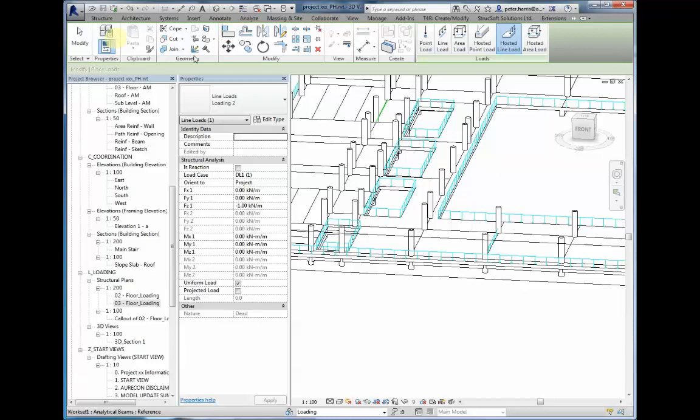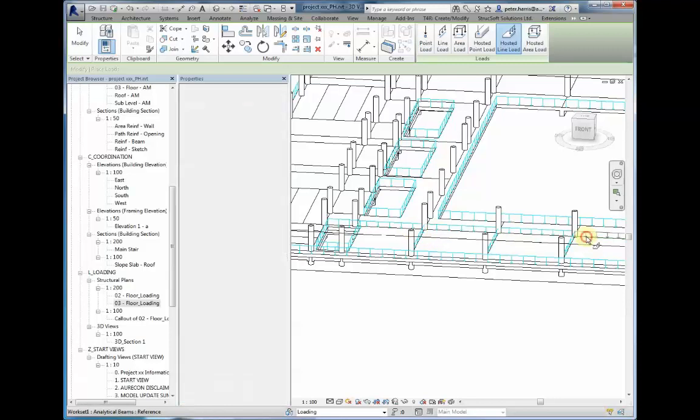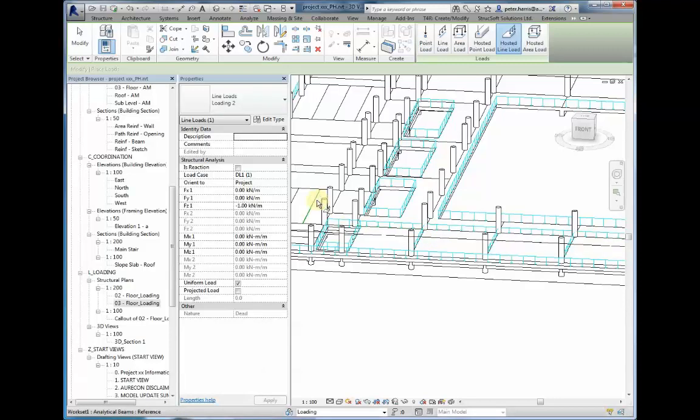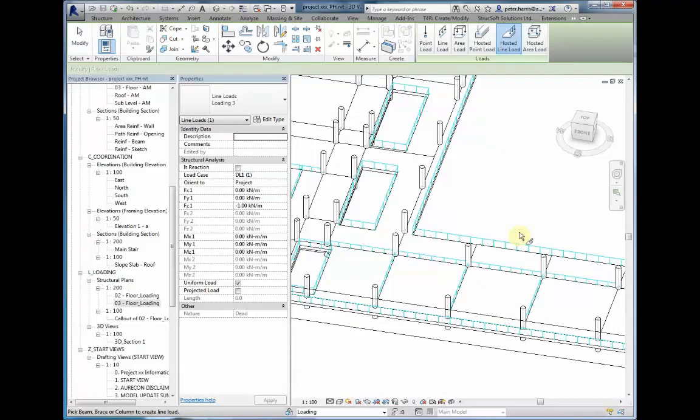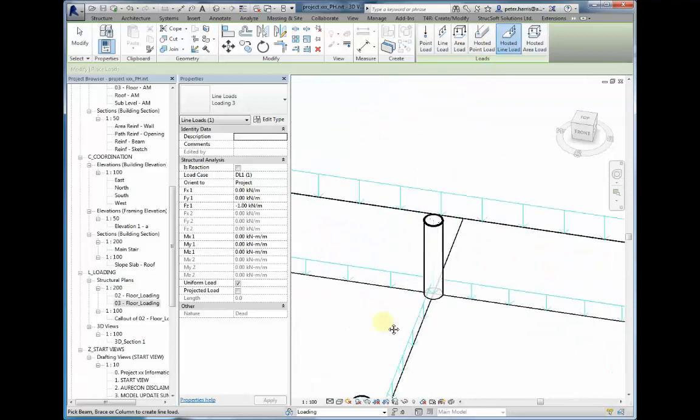And even using the hosted line loads, at any stage we can pick our beams or framing members, etc. If applying the hosted point loads, which is often used for columns, as you can see,